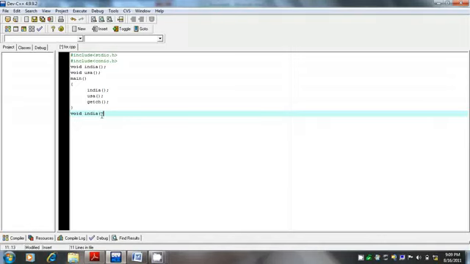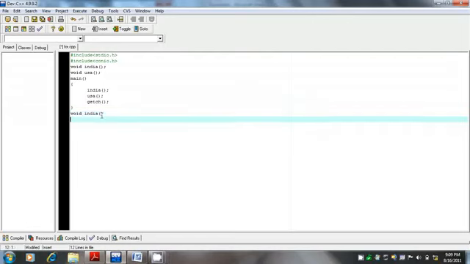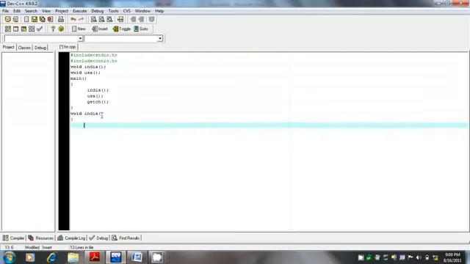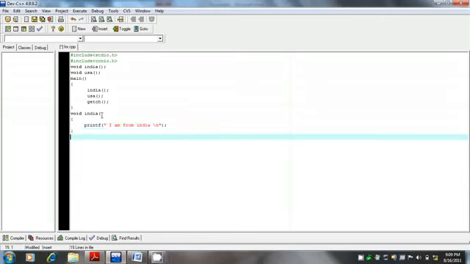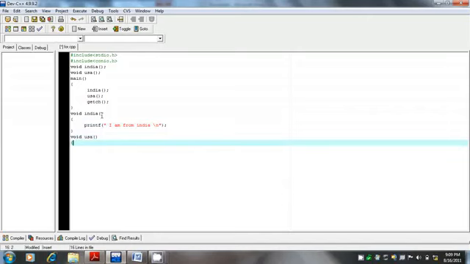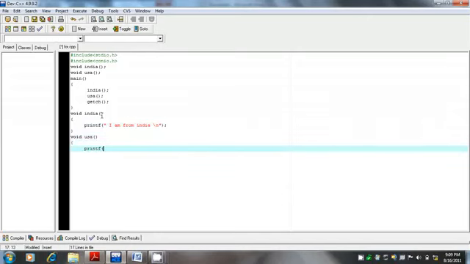We are not passing anything here since there is no calculating of the area of a square or rectangle in which we require sides, so it's just a simple program illustrating the use of a function. printf I am from India, new line, close this, then void USA, printf I am from USA.